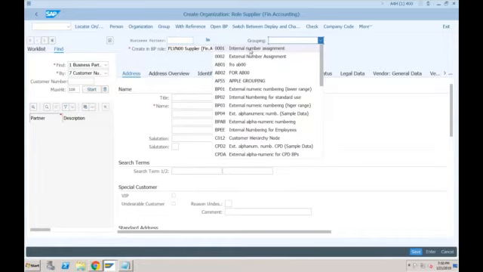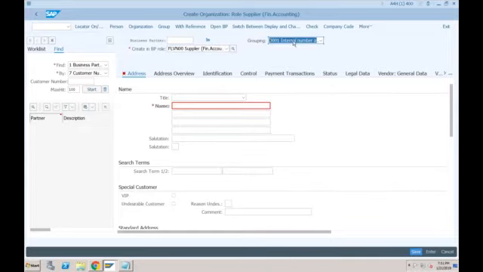As of now, I am just selecting grouping 0001, and I want to create this vendor in my company code. So now the system is asking me for the basic information like name, address and so on, which is the general data. Let me enter this data. I'll go with this company. The name that I'll provide is, let's say, test vendor for SF01.